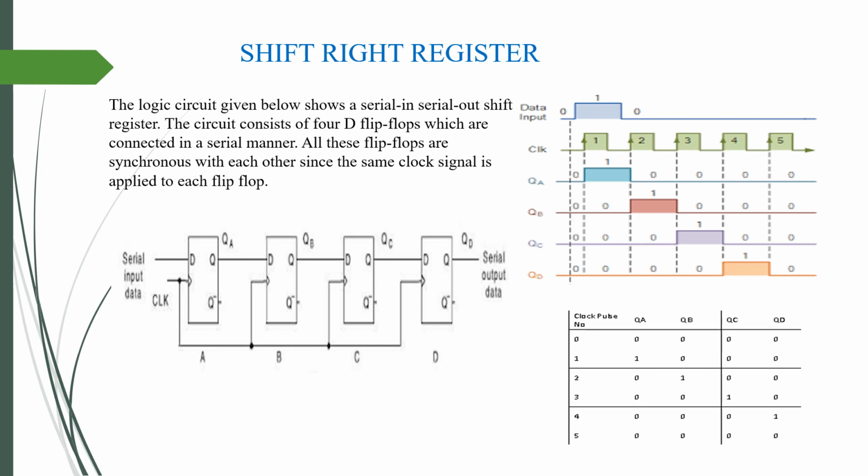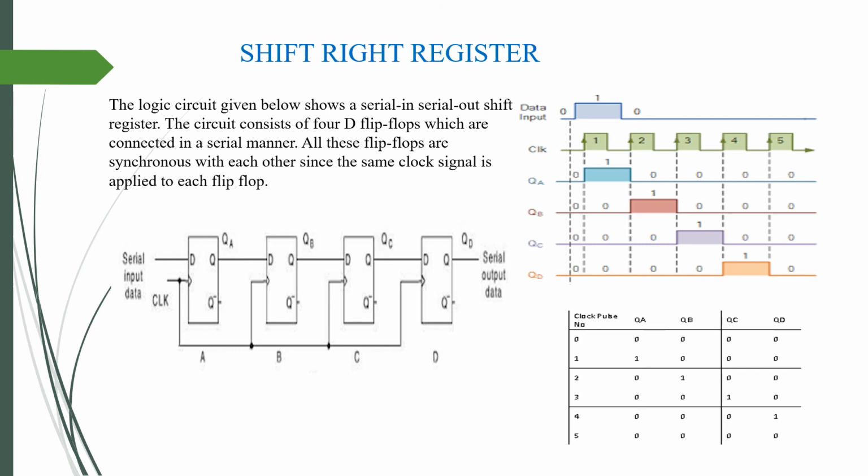All these flip-flops are in synchronism. That means the same clock pulse is applied to each flip-flop. There is only one serial input terminal and one serial output terminal. The data is shifted into the shift register serially, that means one bit at a time. After each clock pulse, this data is shifted from one flip-flop to another. At the end of the fourth clock pulse, you get the first bit at the output. So you can see here,